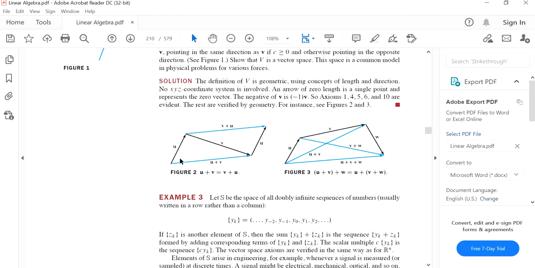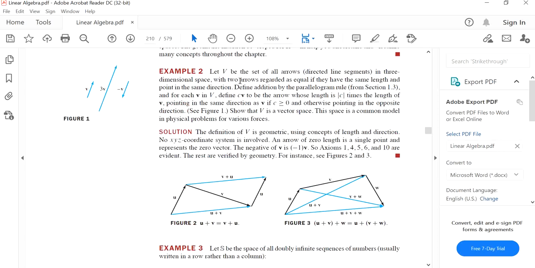So for instance, we had to verify u plus v is v plus u. So we had this vector u and this vector v, and we got u plus v. However, if we move u such that the tail of u is on the head of v, then we get v plus u as well. And we can see u plus v and v plus u are in the same direction and are of the same length, since they are opposite sides of a parallelogram, hence they are equal,